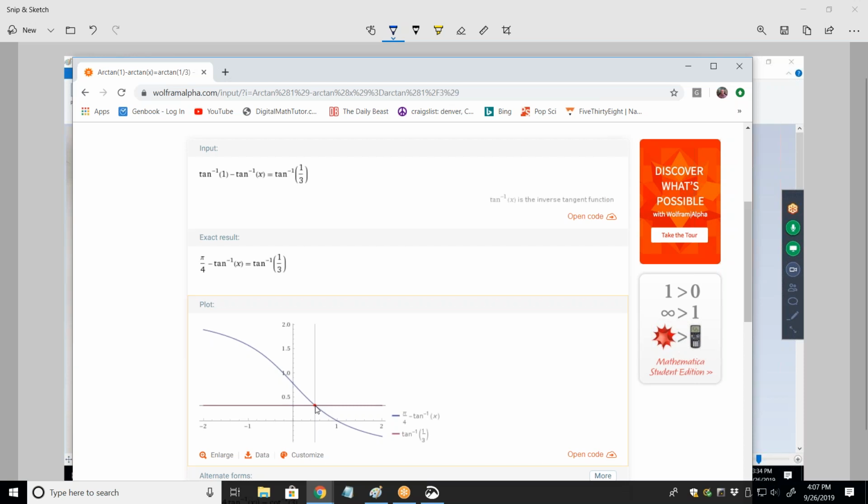You know, if I said to you sine of 2x equals cosine of x, how would you solve that? Well, you could graph the sine of 2x, you could graph the cosine of x, and wherever they cross, that's the answer. So if they allow you to use your calculator here,